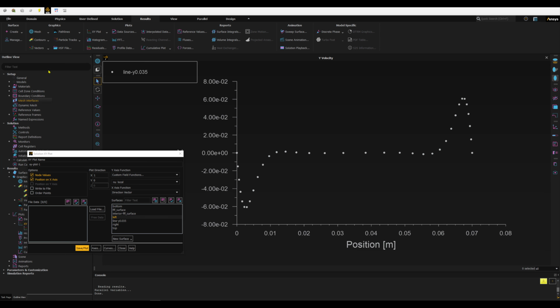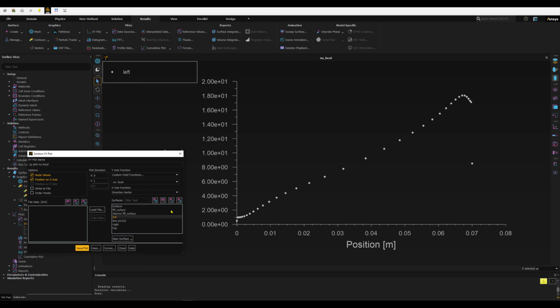As you can see, again I will keep the position on x axis. So the coordination will be on the x axis, and for the y axis I have this Nusselt number, but because I select the left wall, it's a vertical line, so the plot direction will be on the y direction, so it's 0 and 1. Now I can call it Nusselt local like this, and then press on save and plot,